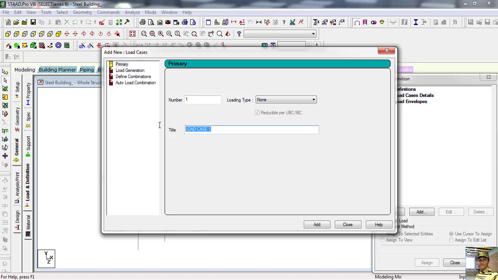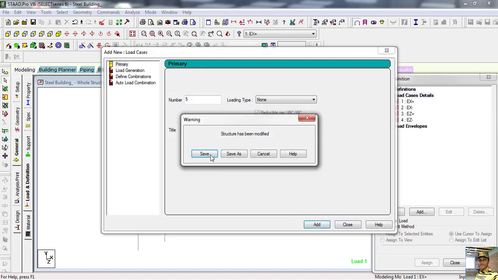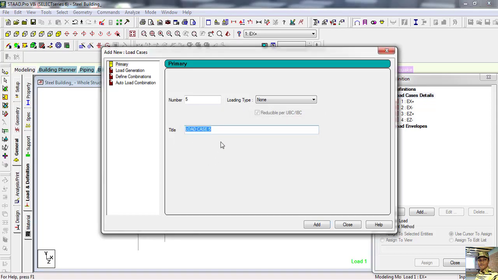So mention earthquake x direction positive, add; earthquake x direction negative, add; earthquake z direction positive, add; earthquake z direction negative, add. Same way we create dead load, add; live load floor, add;